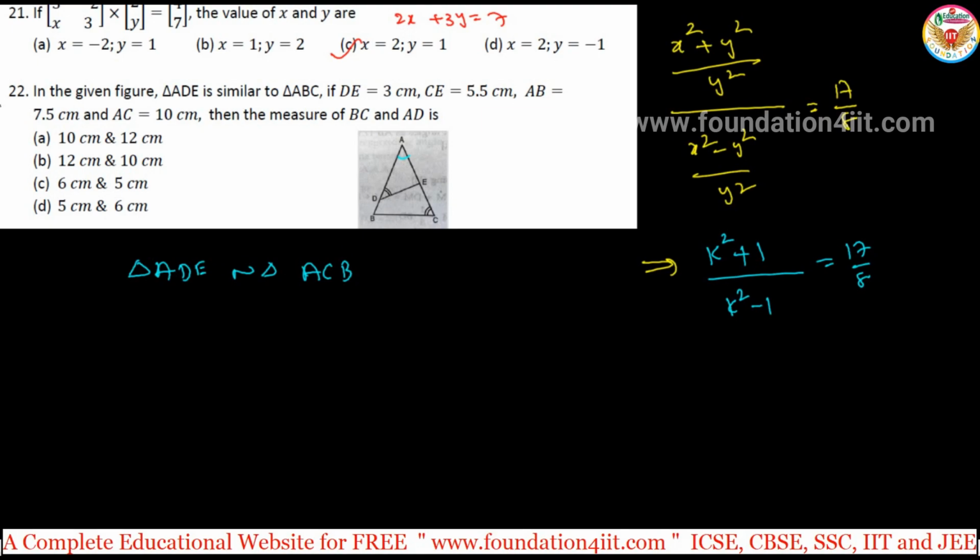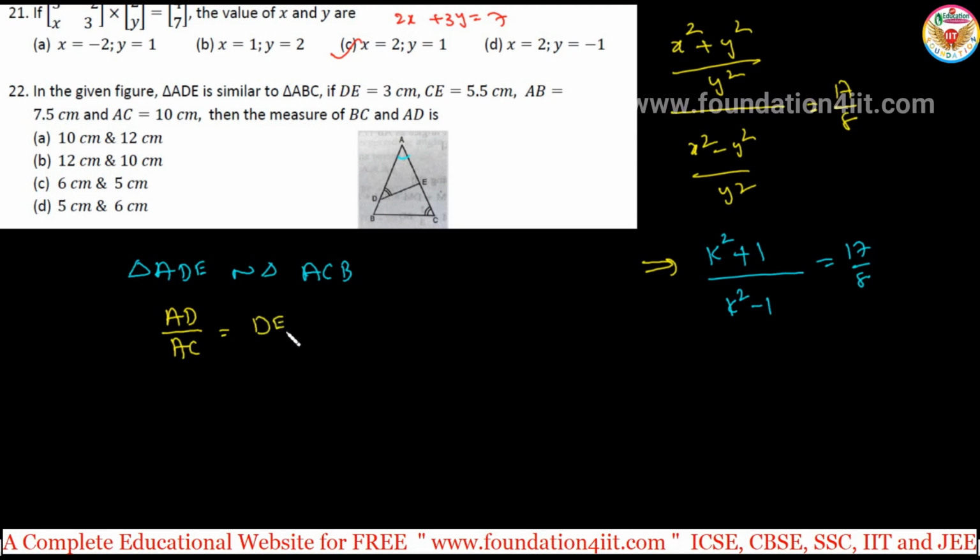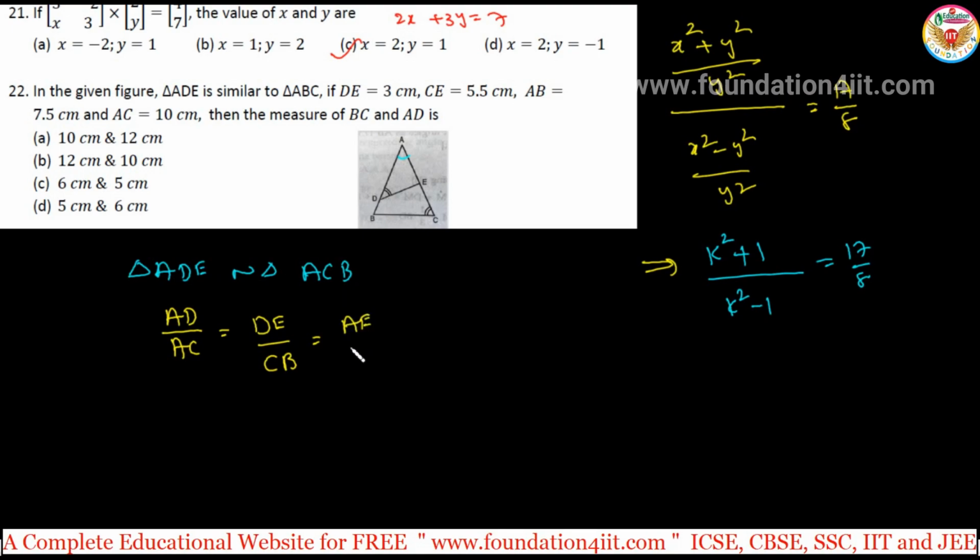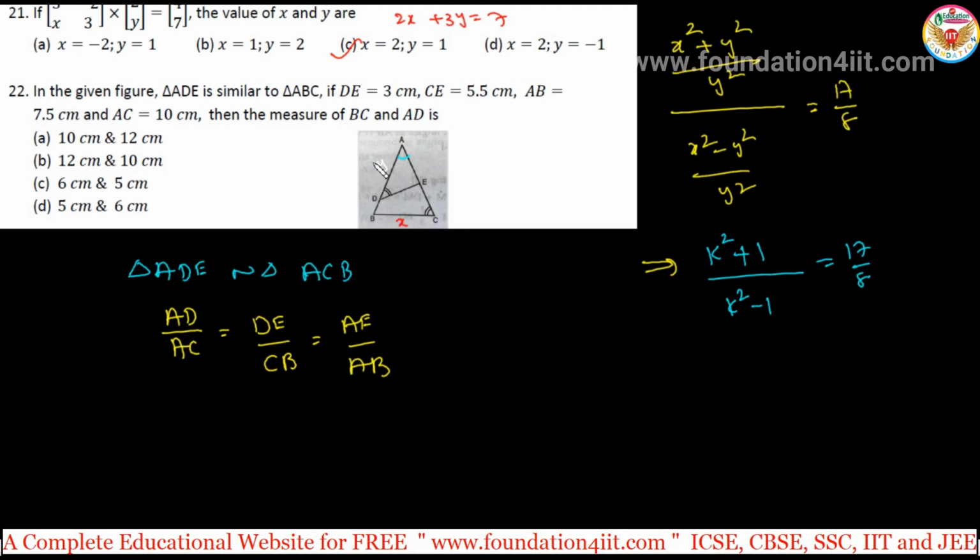Whenever two triangles are similar, corresponding sides are in the same ratio. So that means AD by AC is equal to the next corresponding sides, DE by CB. Same, AD, AC, the first two letters, next to DE by CB, and then AE by AB. Just substitute the values which are given. Okay, let AD be Y, and the base be X. You take some letters. Then substitute in this.